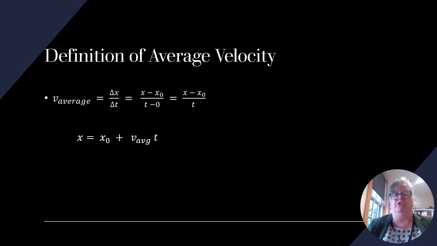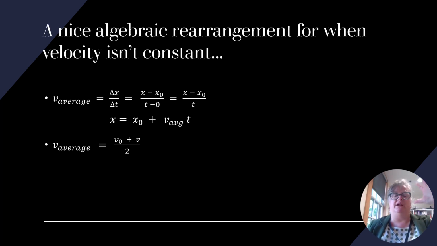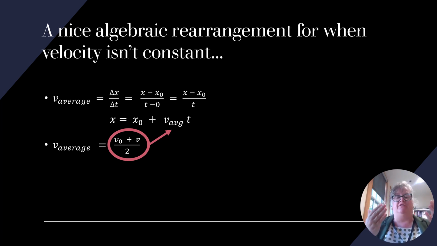In math, we learned that we can take an average simply by adding up all the different terms and then dividing by the total number of terms. So that means that our average velocity could also be written as v initial plus v final, that quantity divided by 2. Now, if we combine those two ideas, we can replace the average velocity in our kinematics equation with our two different velocities, our initial and final velocity, as defined by the average velocity from math, leading us to